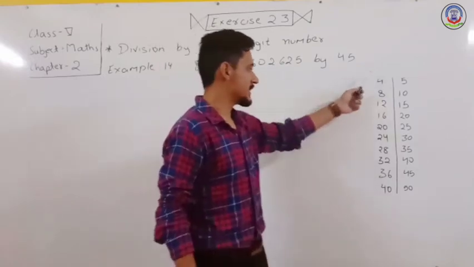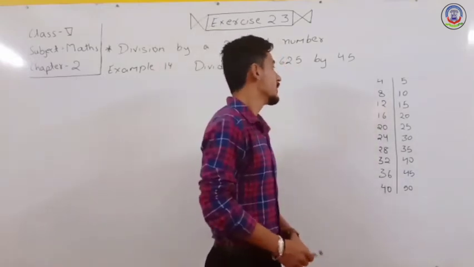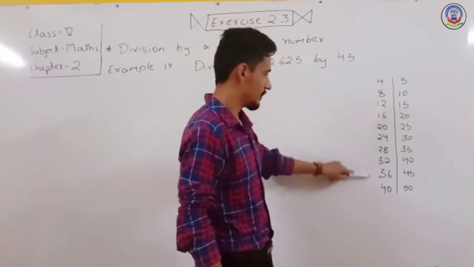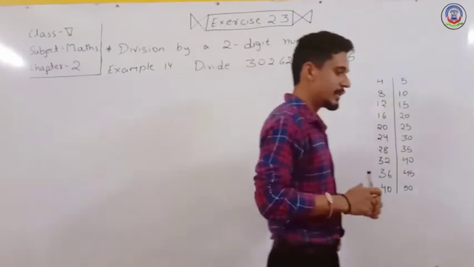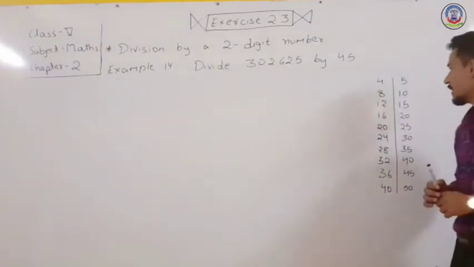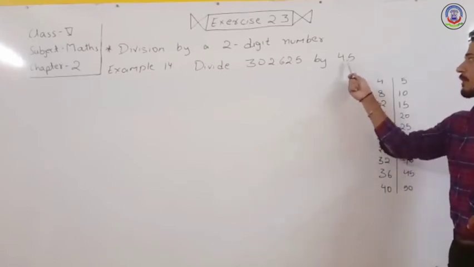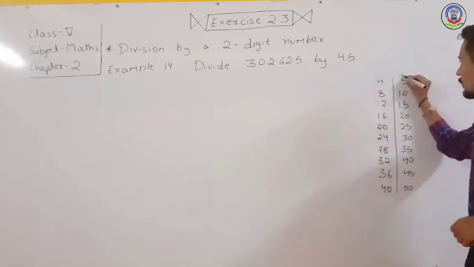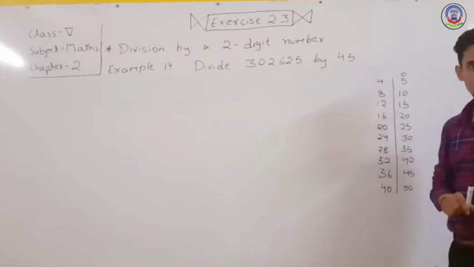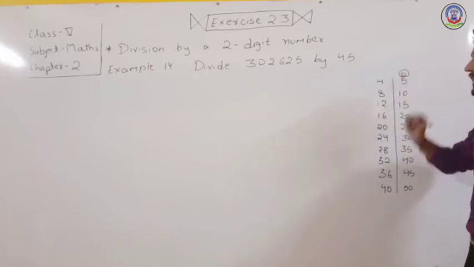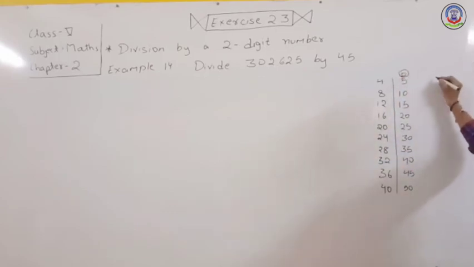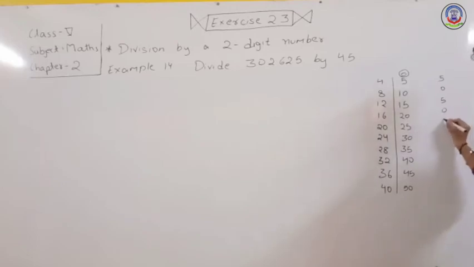So it is the simplest method to learn the table. First we write the table of 4 and then we write the table of 5. Now always remember, हमेशा याद रखना है हमें कि वंस प्लेस जो होगी 45 की टेबल की वो हमेशा क्या होगी? 5 की वन प्लेस. जो पीछे वाला नंबर होता है वही उसकी जो वन प्लेस है वही हम लोग की 45 की टेबल की भी वंस प्लेस होगी. तो फर्स्ट हम लोग यहाँ पे लिख देते हैं वंस प्लेस 5 0 5 0 5